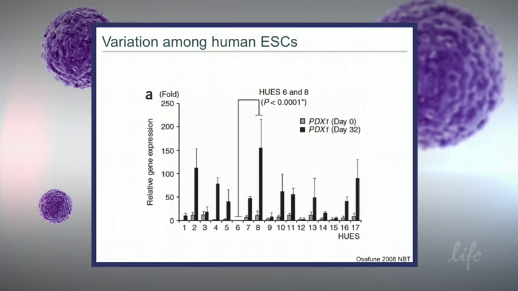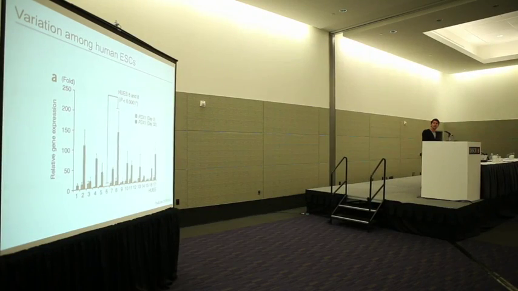PDX1 positive cells. They saw very efficient differentiation of some lines, like in this case Hughes 8, but other lines like Hughes 6 actually entirely failed to generate these downstream differentiated cell types. And so we were very curious about this. This is how we got into that particular genomic characterization, because we started out using